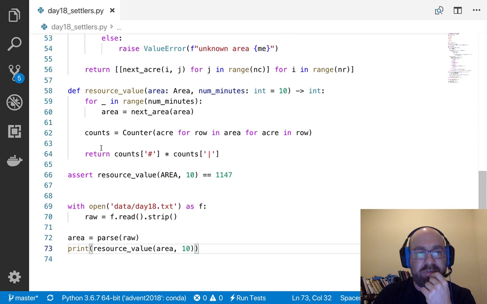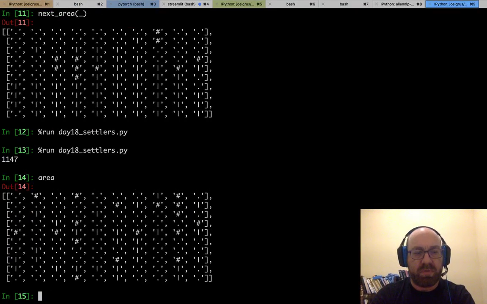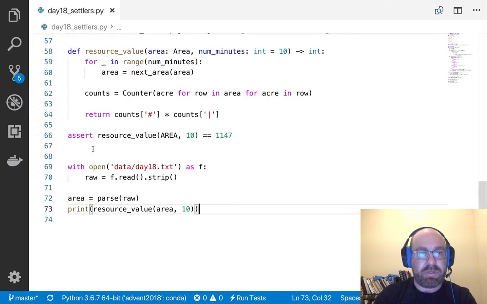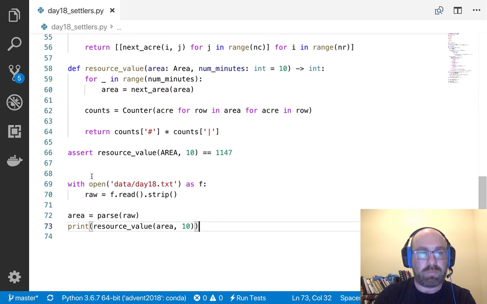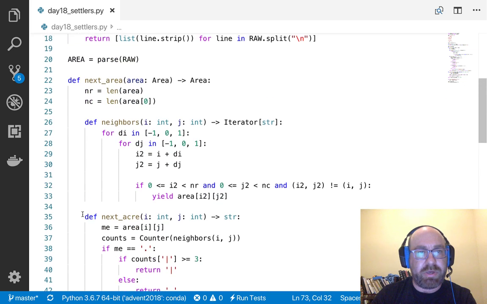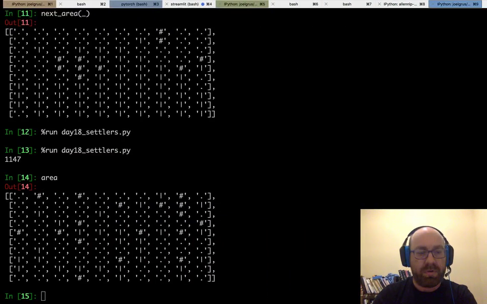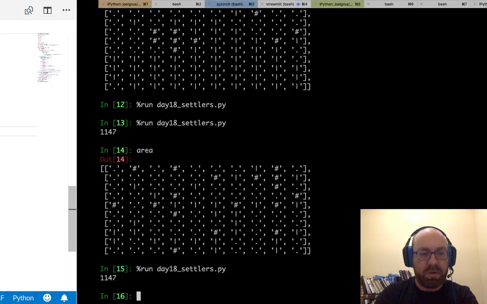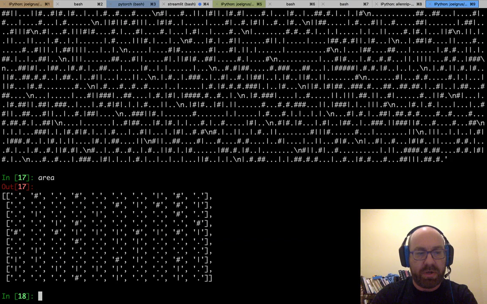So let us run this, and that says 1147, which was the same as the other one, which seems really surprising. And it is surprising because, why did it do that? Because something is getting redefined poorly. Let's try this again. Raw area.